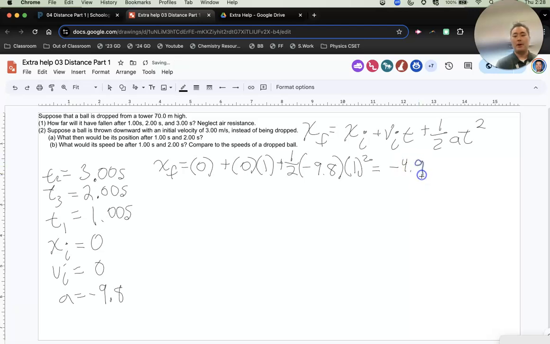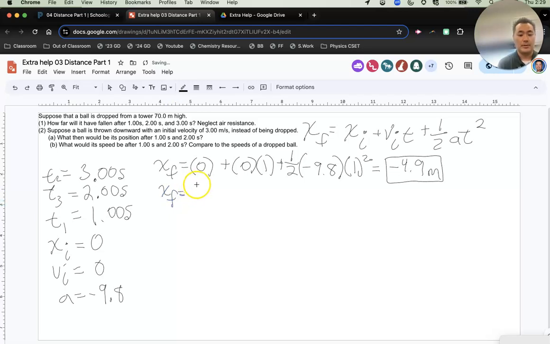That's how far the ball will fall. Negative 4.9 meters, if it's dropped from a building that's 70 meters high. That's our first answer. We have to find 3 answers because the problem asks for T1, T2, and T3. All right, Emiliano, what should we do next? We found T1's distance. What makes most sense to find the next, T2? Yeah. So XF